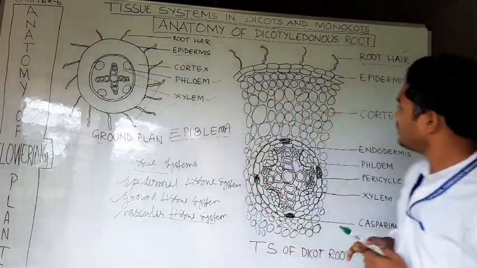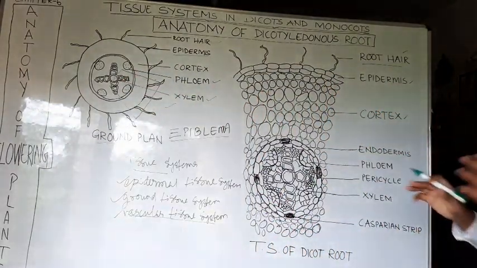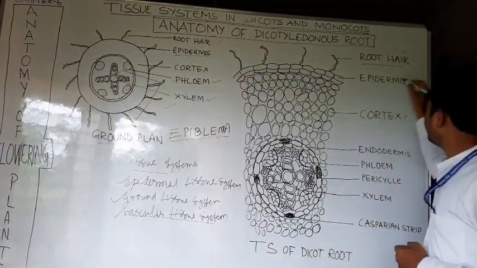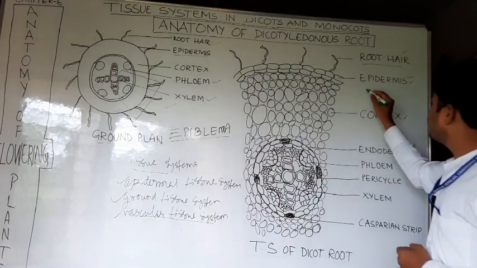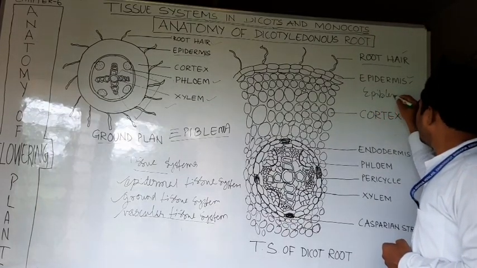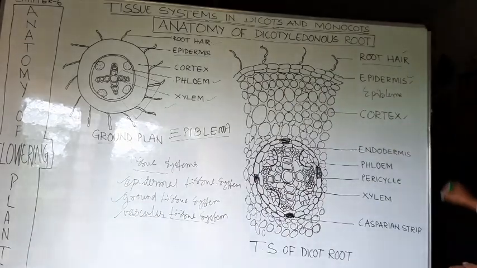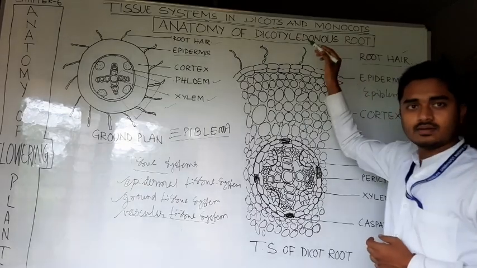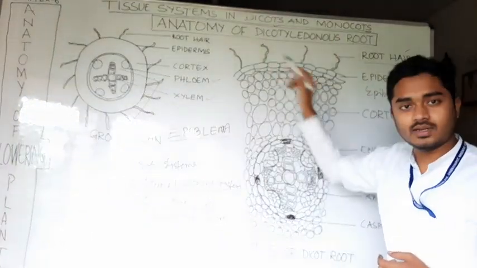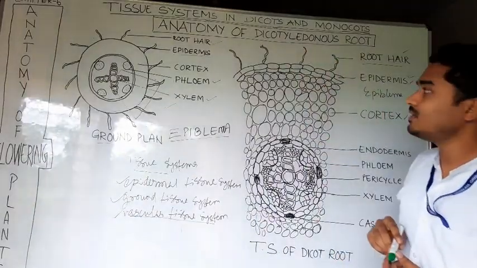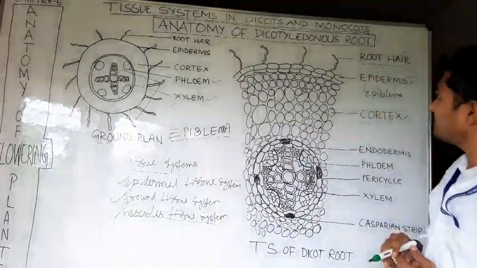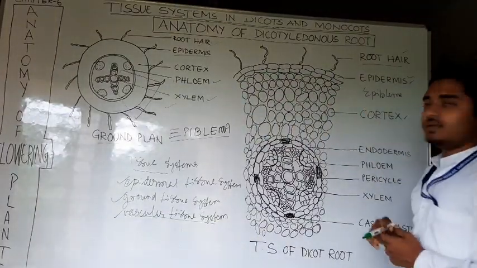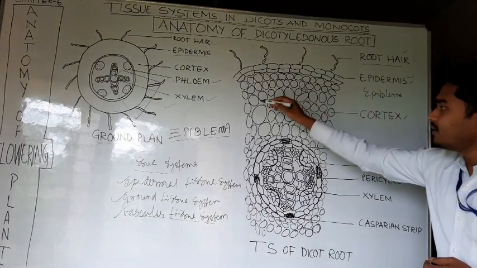So this cord portion we will try to analyze. I have mentioned that the outermost layer of the dicot root is epidermis, and it is alternatively known as epiblema. So this epidermis covers the dicot root and has numerous unicellular root hairs. Just remember, it is an important fact that these root hairs are unicellular. So unicellular root hairs are present in the epidermal layer of a dicot root, and beneath the epidermis, these large structures